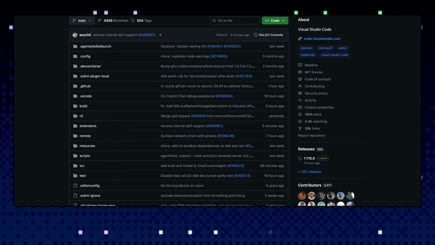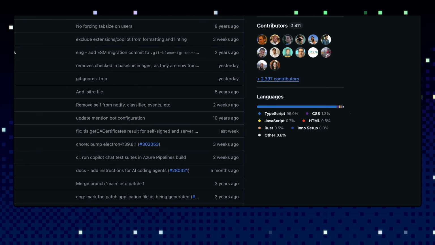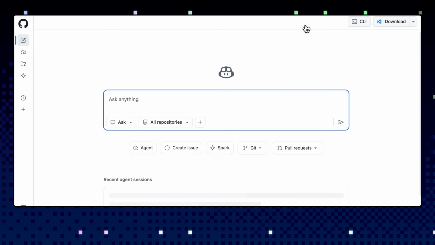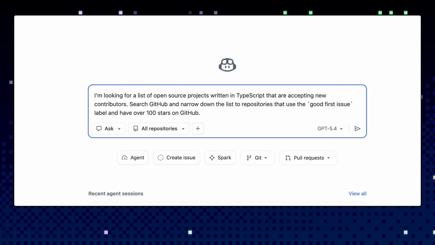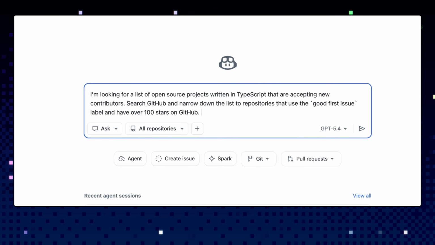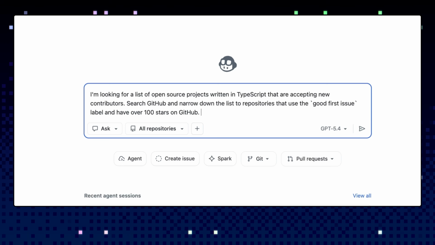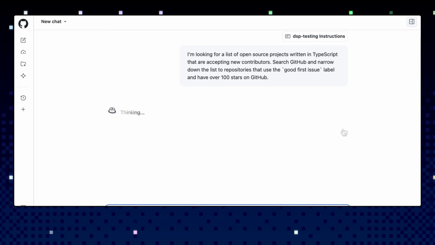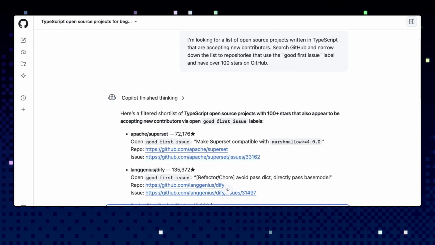Contributing to an open source project for the first time can feel daunting. I know it did for me. The first thing you can do to find projects to contribute to is to look for projects built in a language that you know. You can ask GitHub Copilot Chat to find open source projects written in a specific programming language that is also accepting new contributors. On GitHub, click the Copilot icon to open a new conversation. Then enter the prompt: I'm looking for a list of open source projects written in TypeScript that are accepting new contributors. Search GitHub and narrow down the list to repositories that use the Good First Issue label and have over 100 stars on GitHub. Copilot returns a list of projects that you can explore filtered by the Good First Issue